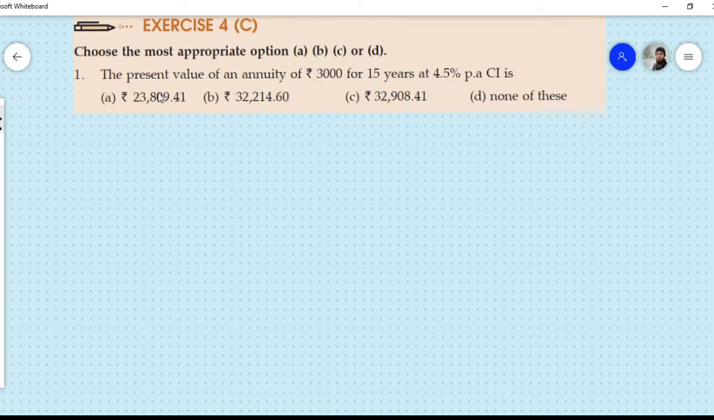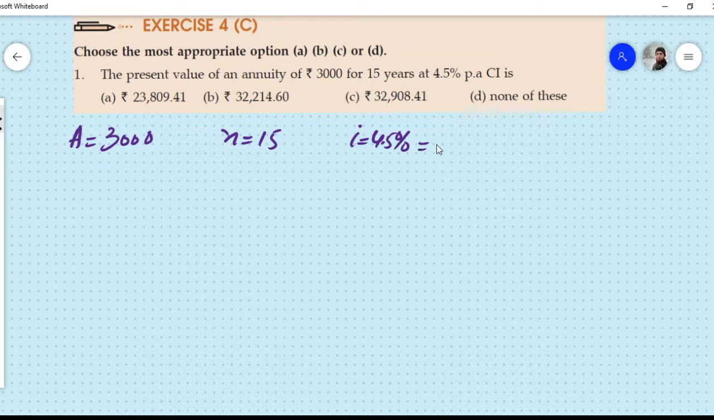The question is, the present value of annuity of rupees 3000 for 15 years at 4.5% per annum compound interest is option number A, option number B, option number C, and option number D. First we collect the information from the given question. Here annuity A is given by rupees 3000. Then he says a time period of 15 years, that is n is 15, and I is 4.5%,